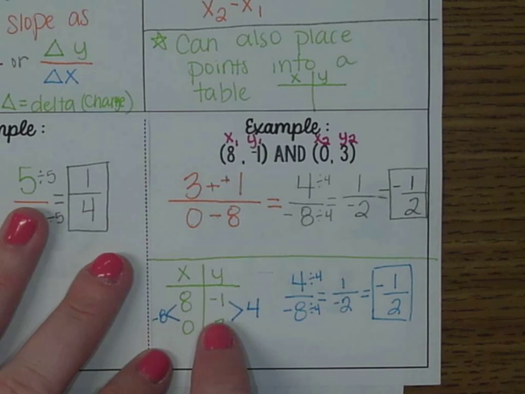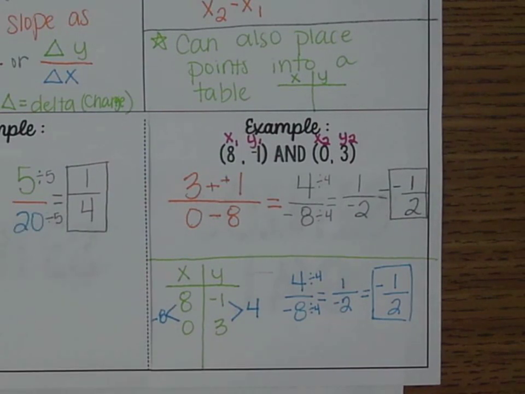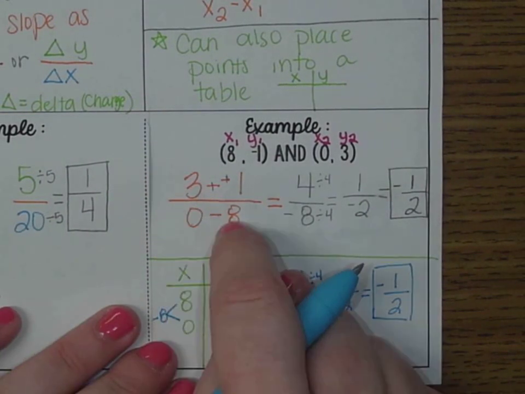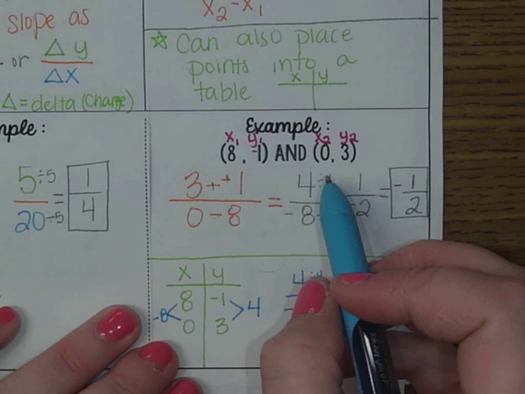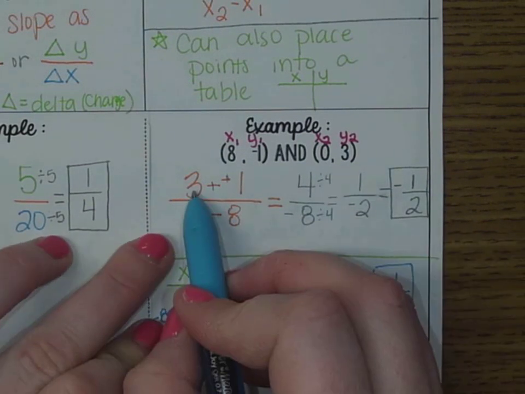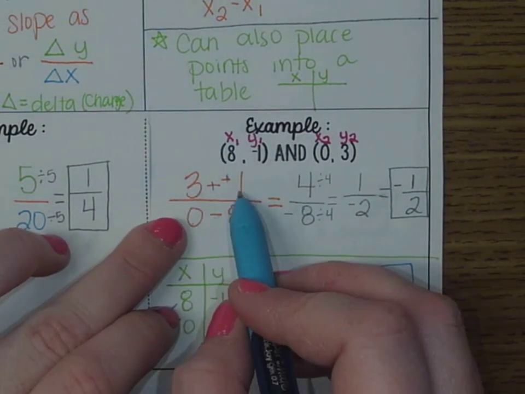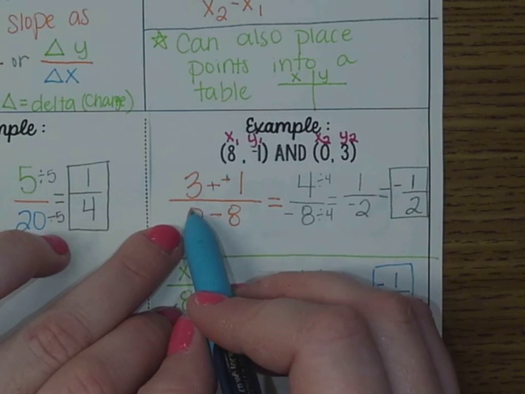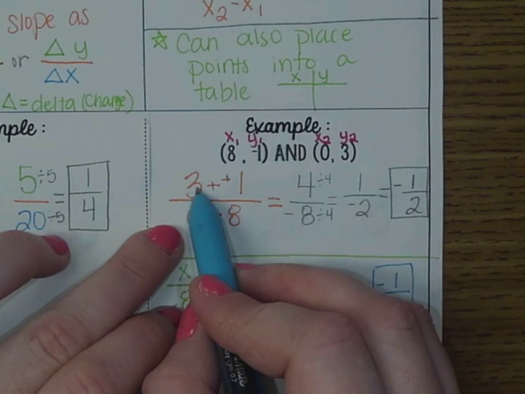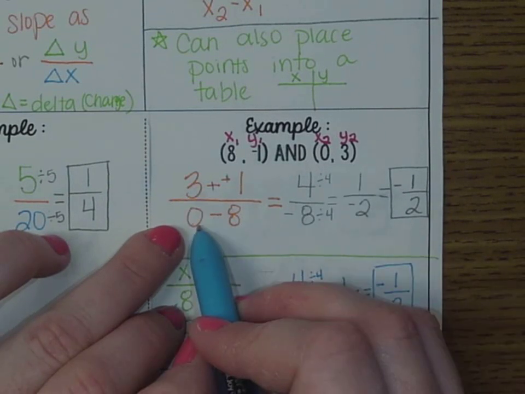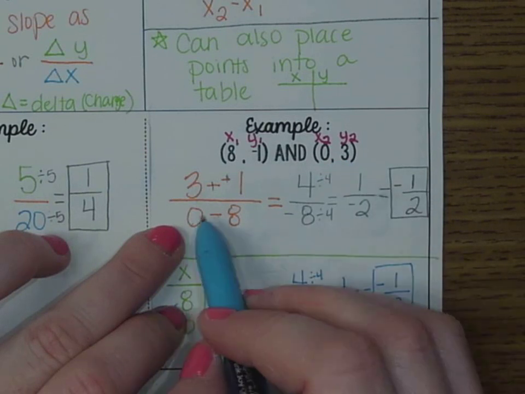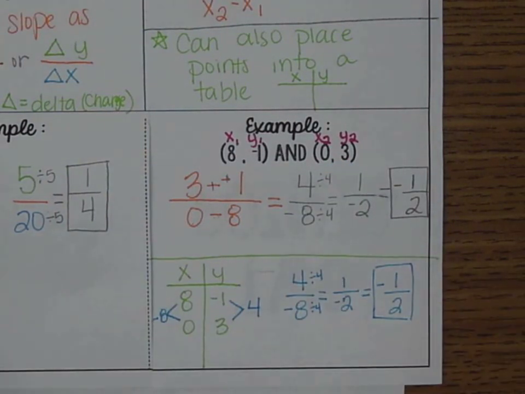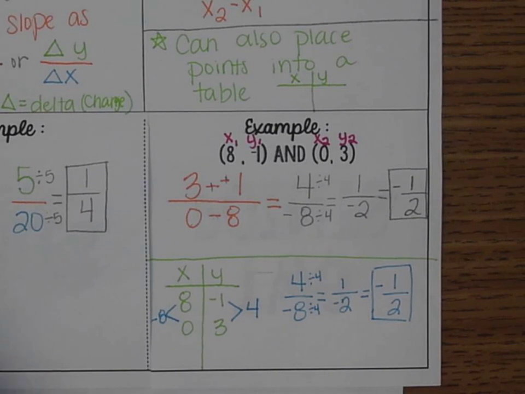You can take 2 points, place them in a table, and find the slope that way, or you may use a formula. Just remember that whichever point you use, whichever point is first here, has to be used first in the bottom. So if you use 3 for y first, the x from that point has to be used first. So finding slope from graphs, tables, and